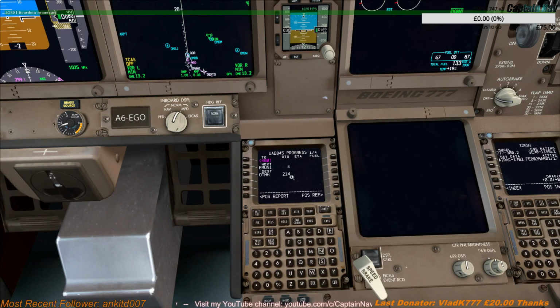So here we are boarding. Yeah, the jetway is in place, it's okay. But yeah, the flight plan is giving us 234 nautical miles of ground distance. That's calculating the departure and the arrival. At the moment I don't have the arrival in the FMC here, so that's why the distance is a little bit shorter. Once you enter the arrival, the distance should be fairly similar, but yeah, for the moment it's good,